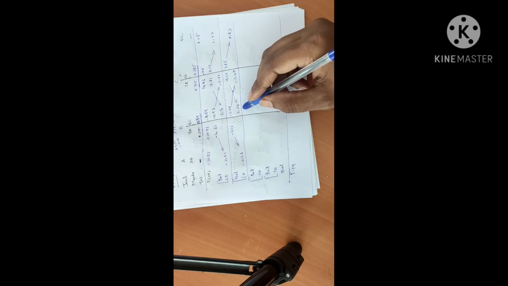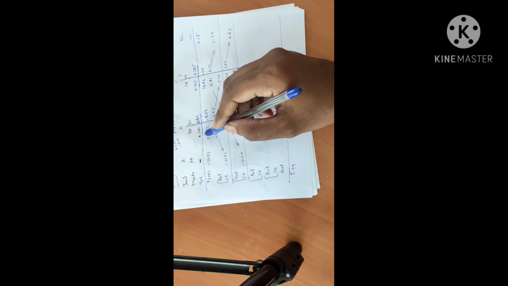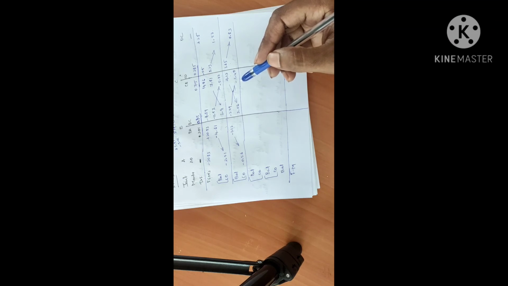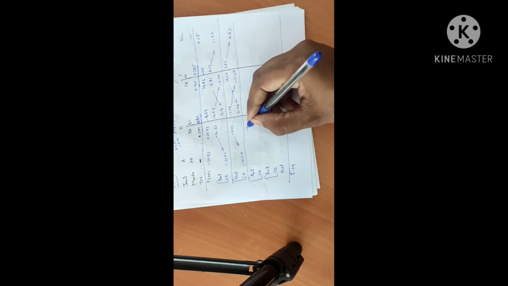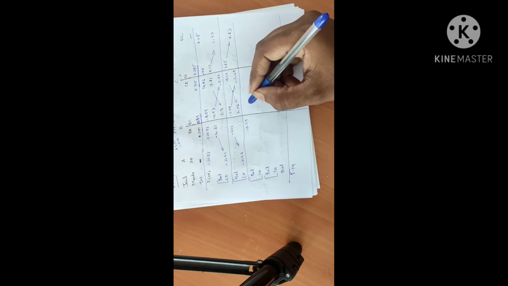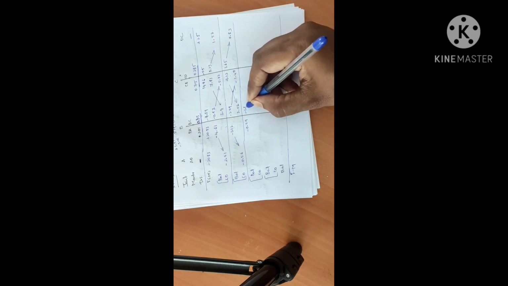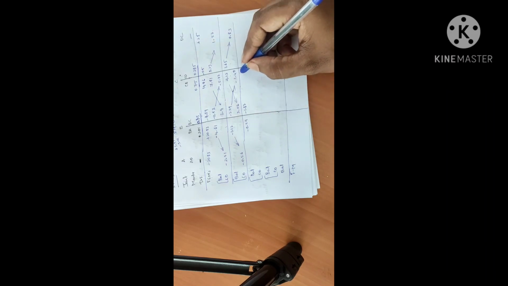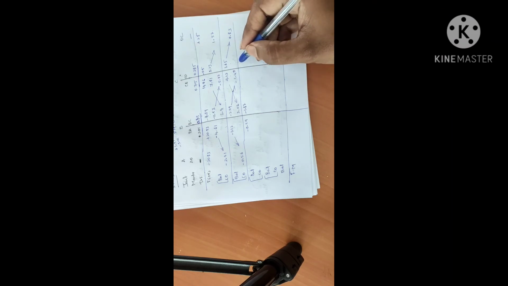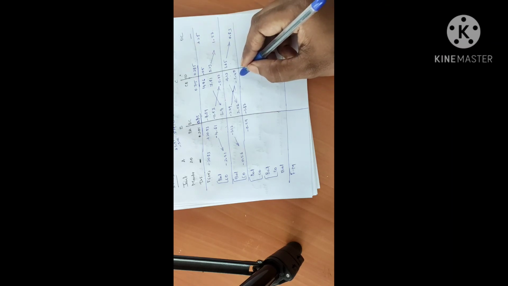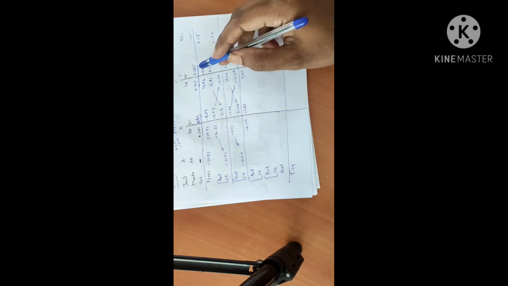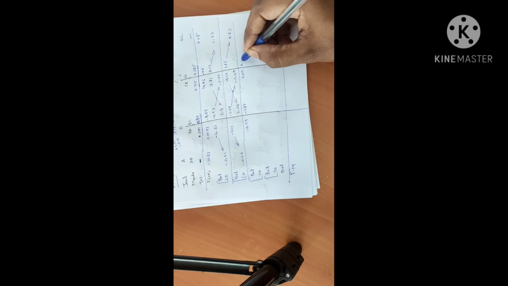If you multiply with 0.285, you will have minus 0.59 and minus 1.47. In the same way, for the unbalanced moment, the balancing moment will be plus 1.04. If you multiply this again with the distribution factors, you will have 1.00, and if you multiply with 0.28, it will be 0.4.